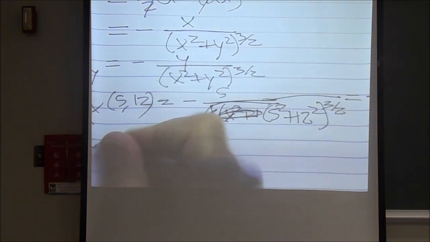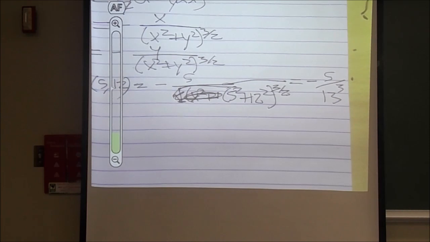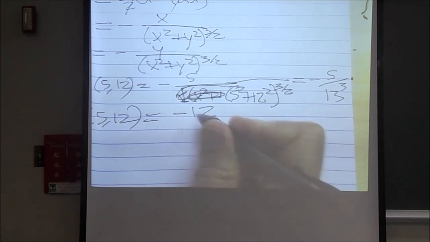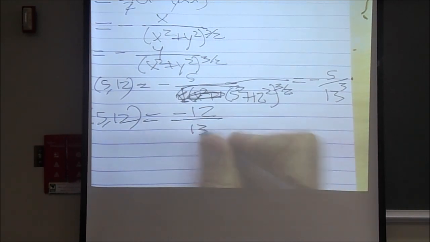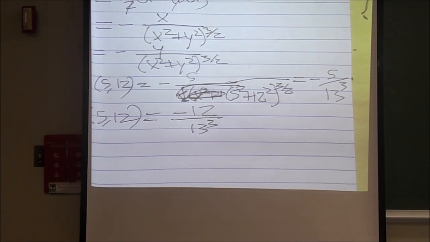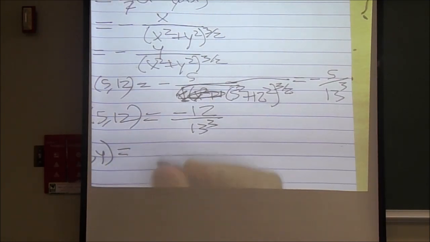Similarly, Fy, let me make that a little smaller. There we go. Fy at (5, 12) gives me minus 12 over 13 cubed. So I have those two calculations, and now what I want is L of (x, y), and you just memorize this formula or you can look it up quickly at the time of the test. It has to be f at (5, 12)